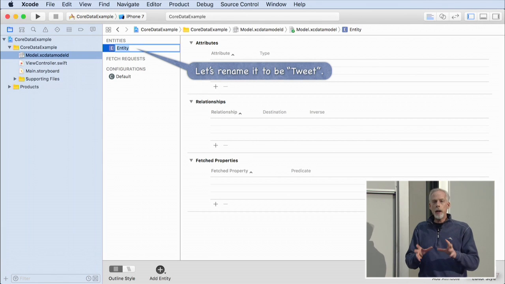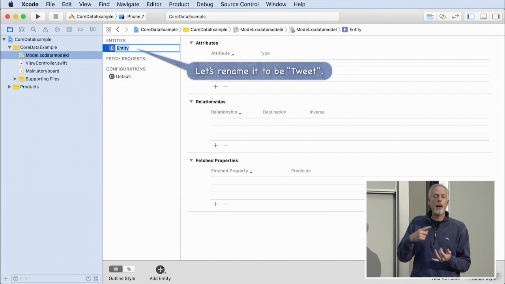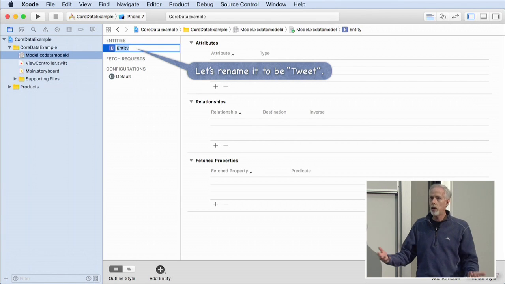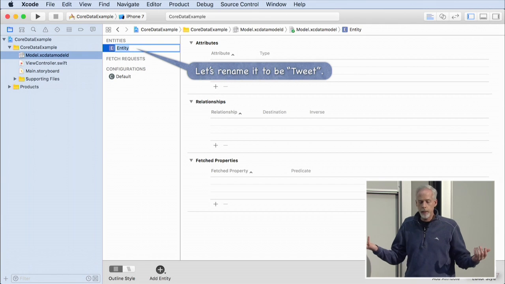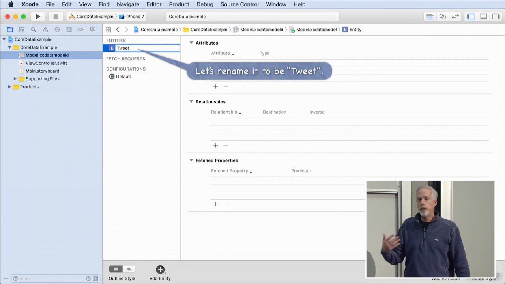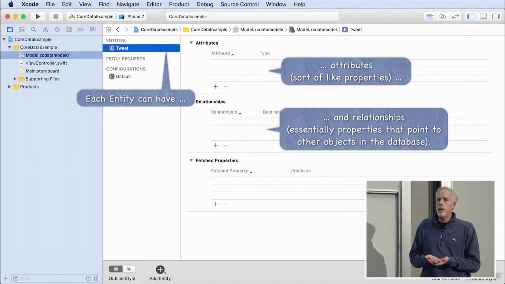So for my slides here, what I'm going to do is create a database that would have stuff like we got from Twitter. So it's going to have tweets, and we're going to have Twitter users. Those are going to be two entities that we have. And eventually we're going to have Tweet and TwitterUser classes in our code, and we're going to access vars and all that stuff. So I'm going to rename this entity that defaulted to Entity and call it Tweet. It's going to be the first entity that I'm creating in the database.